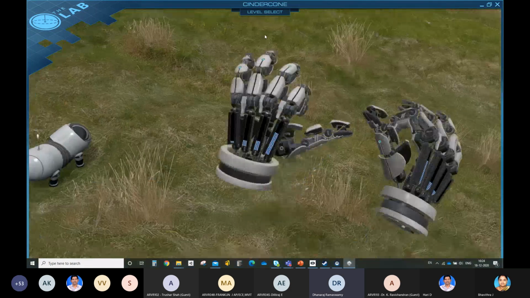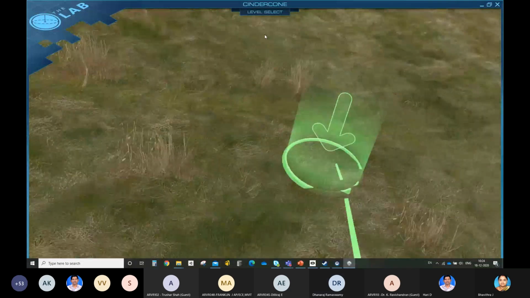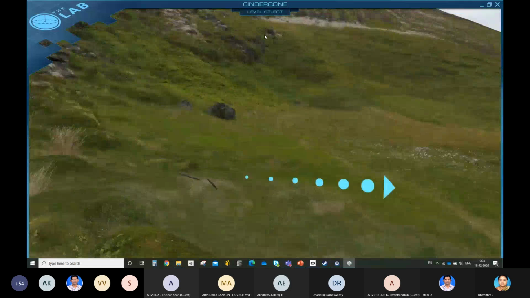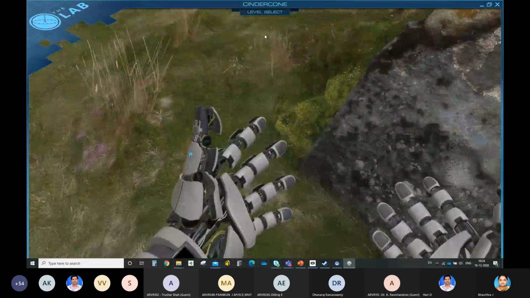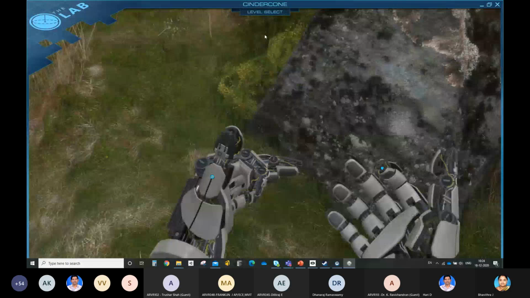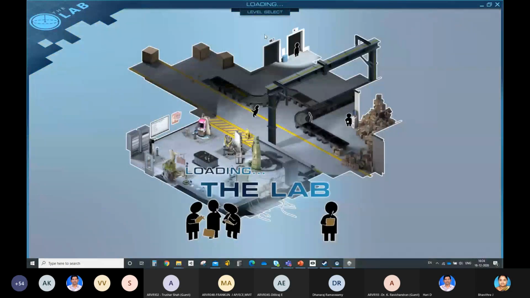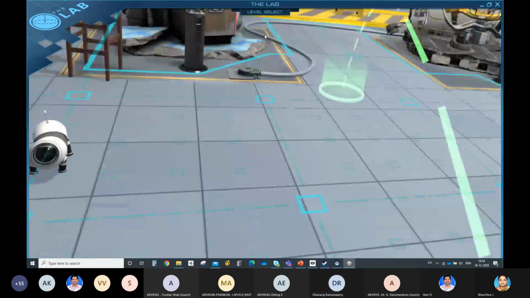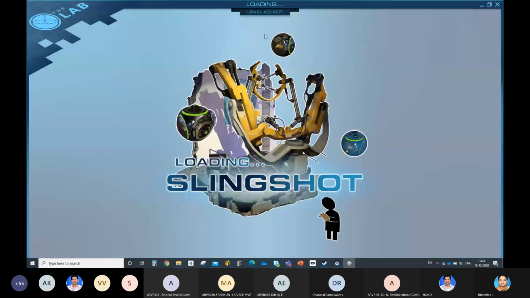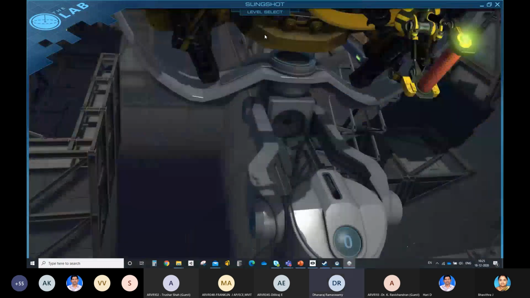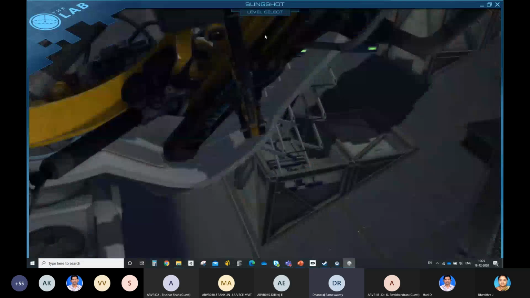Now I have control. This is the controller. Here we can grab some parts and move here.